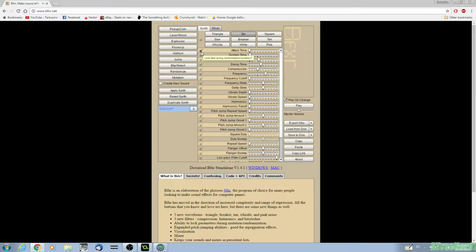So let's see here. I'm going to use this BFXR. You can get it standalone. Pitch jump. And what I do is sometimes I'll just randomize it. Master volume. Pick up. It's got to be short. That will make a good